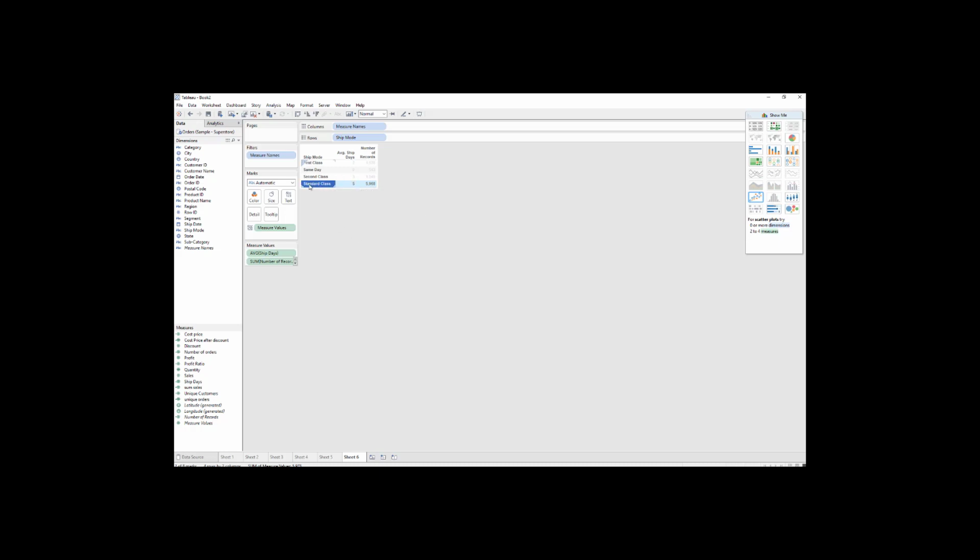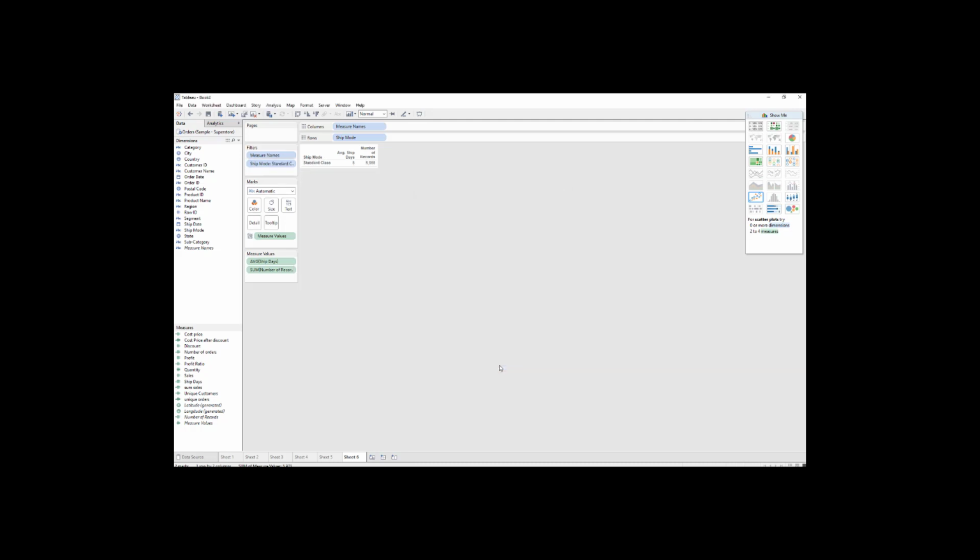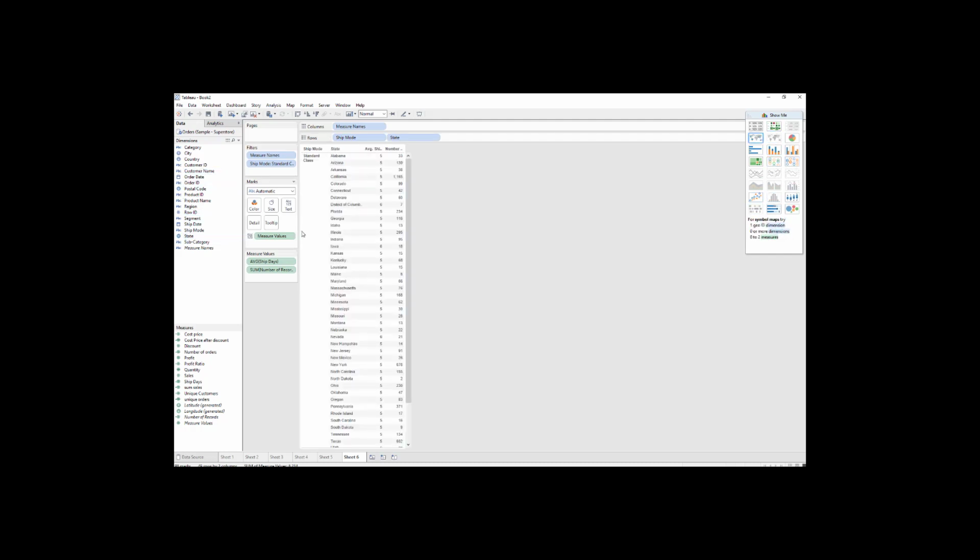So we will add this to the filter. Let's move the ship mode to my filter. I'm just looking at standard one right now. I just want to understand why the standard is taking so long. And then I'm going to add my state, and then I'm going to look at my graphical presentation,